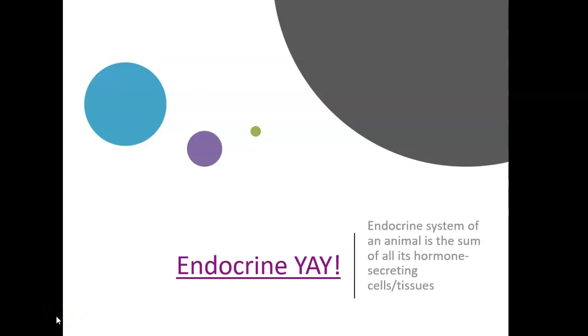So we're going to be talking about the endocrine system. An endocrine system is the sum of the hormone secreting cells and tissues that's within an organism. Why are we talking about this now? Well, we've been talking about mitosis and cell division, but we've also been talking about cellular communication. And we've